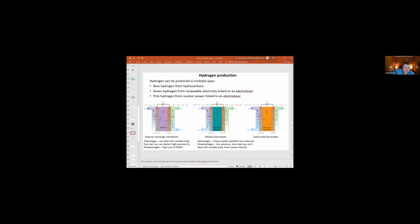And we're interested in polymer exchange membrane electrolyzers. They're the ones that use platinum group metals for hydrogen production, but they can deal with variability. So if you want to produce hydrogen from renewables, you need a PEM electrolyzer if you're going to be able to deal with that fluctuating energy input. Whereas for hydrogen from nuclear power, alkaline electrolyzers, which aren't so dependent on critical materials, might be okay because they can deal better with